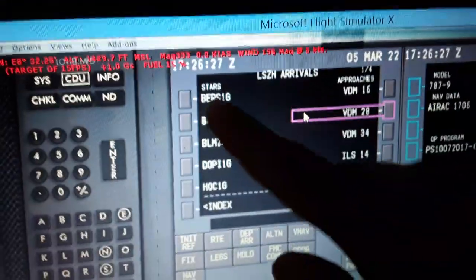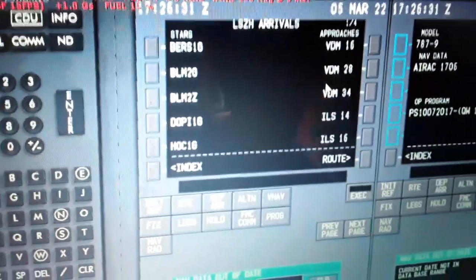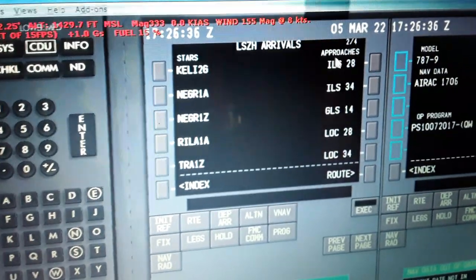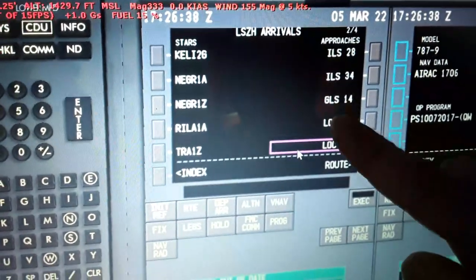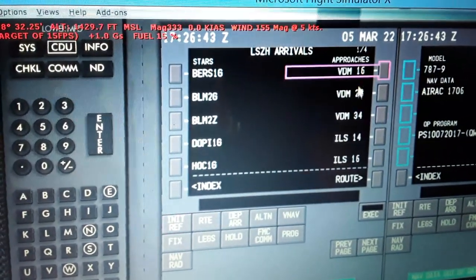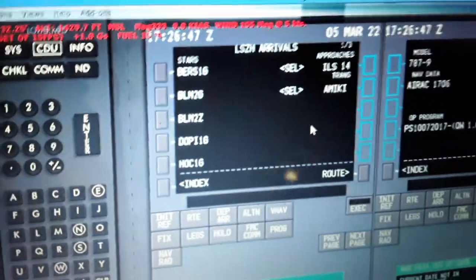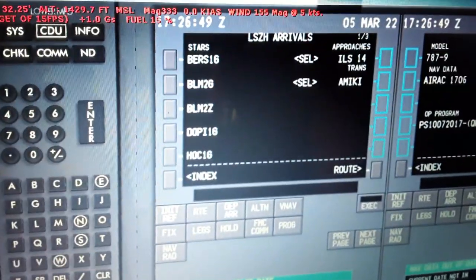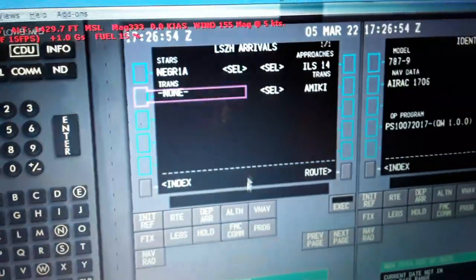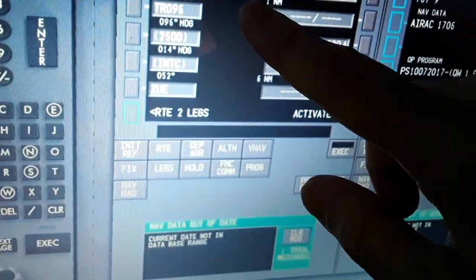We're going to arrivals now. For the arrival of the aircraft, approaches, VOR 16, 28, 34, ILS 14, ILS 16 over here. We can select ILS 28, ILS 34, GLS 14, localizer, localizer 34. So we're going to the previous page. We select ILS 14, transition over here, and the STARs, the standard terminal arrival waypoints and fixes, Nigria 1 Alpha over here. So we have the legs, the route is not yet active, displayed in blue, first waypoint after departure,